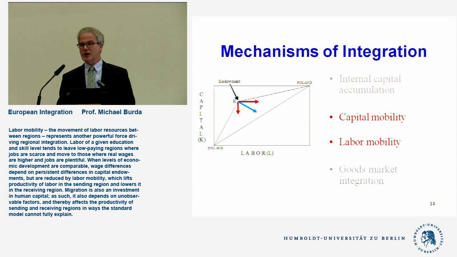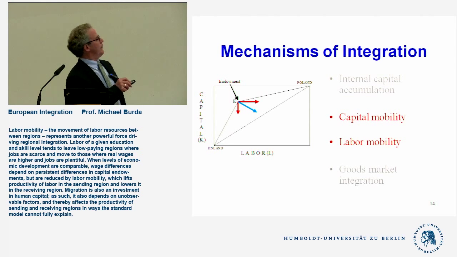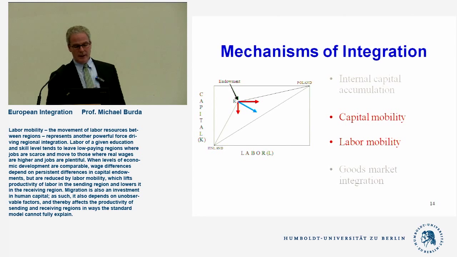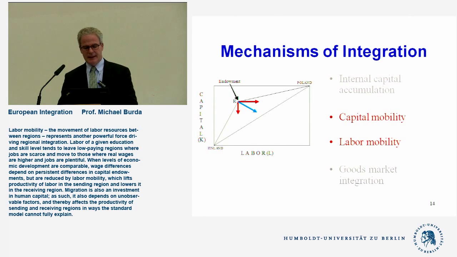You can think of those adjustment costs as having an effect on the size of those vectors. So if people are really interested in leaving and it's easy to move, the Poles have no impediments to come to Finland, then that east-west vector will be much larger, and we'll end up landing at a point somewhere immediately to the east of E,